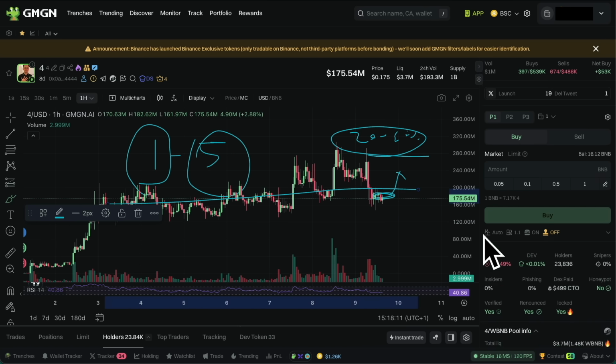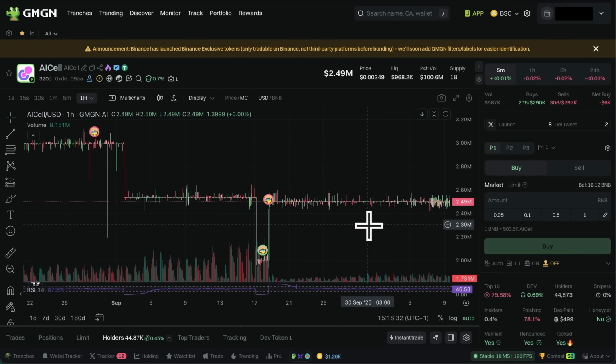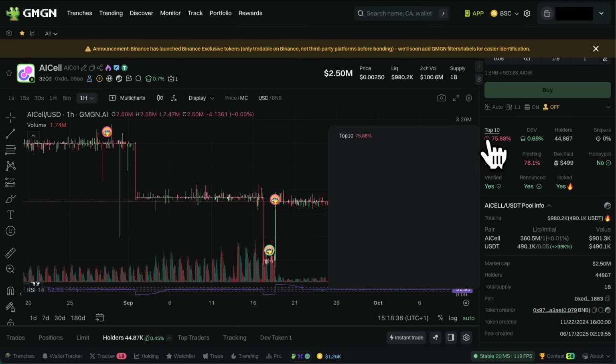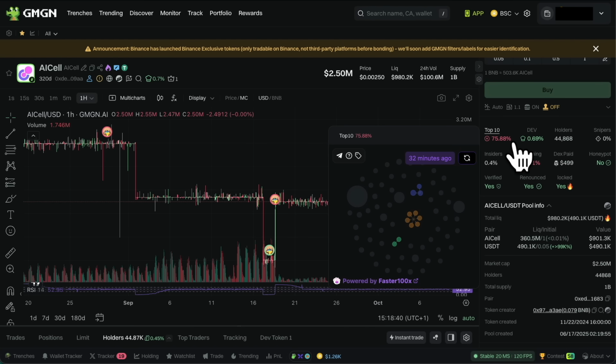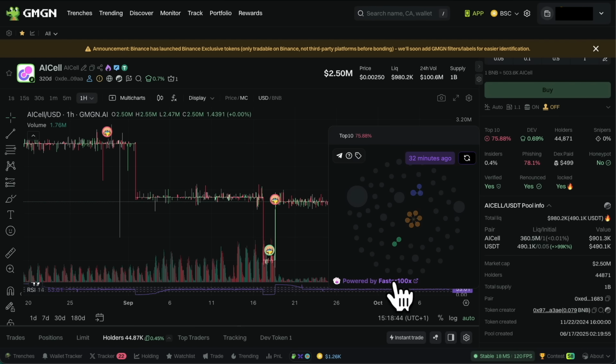Think about return on your investment always when trading anything, especially meme coins, where it has to be worth your while. If you see any charts like this, then obviously, the majority of the time these are scam coins. You can see the phishing 78% here sometimes helps. Top 10 holder, very high, 75%. And if you zoom in here, where I hover over top 10, you get the clusters there,